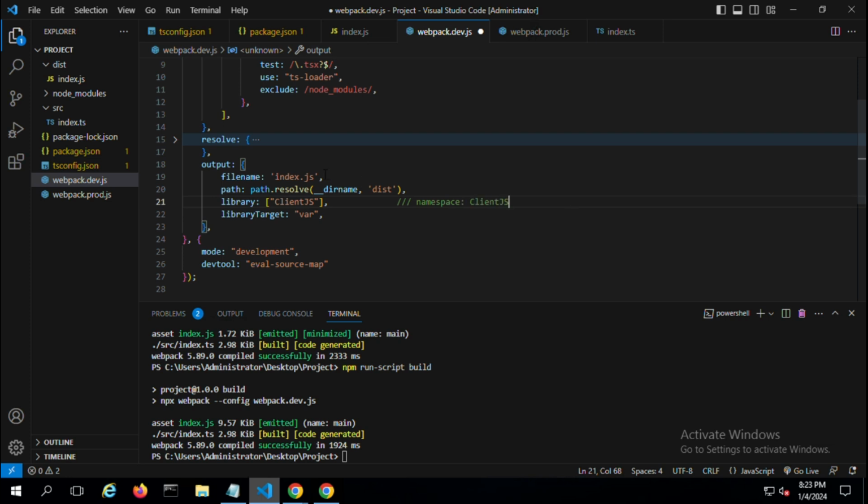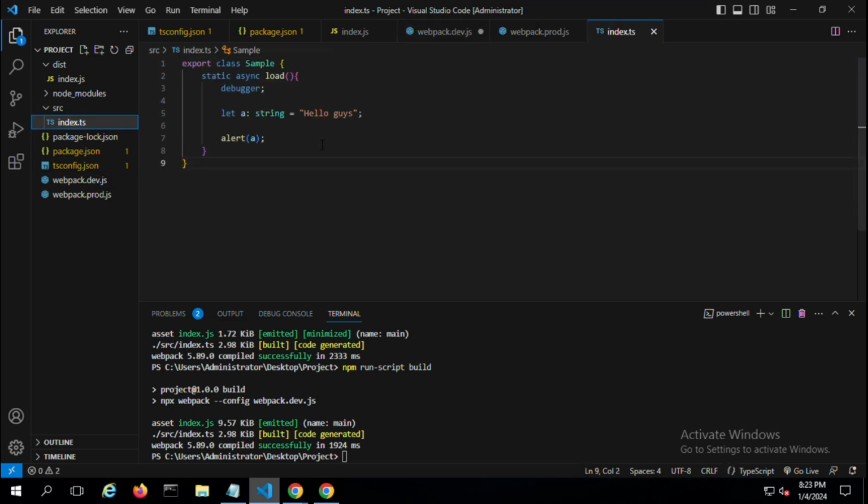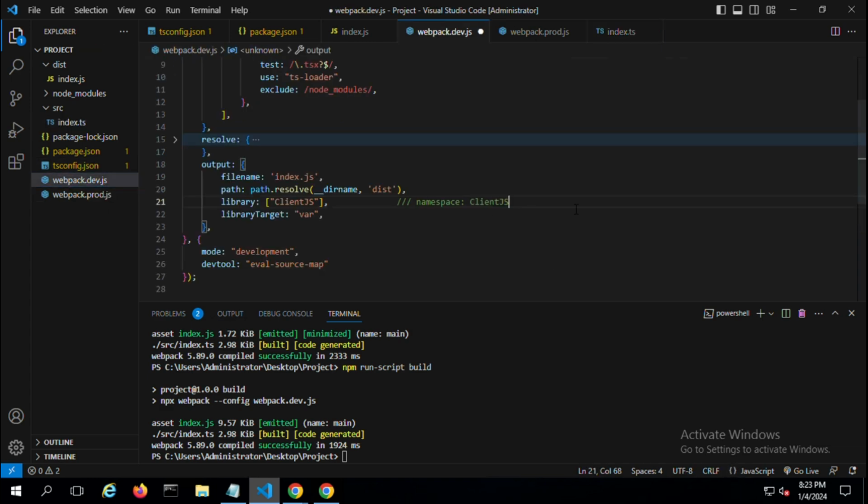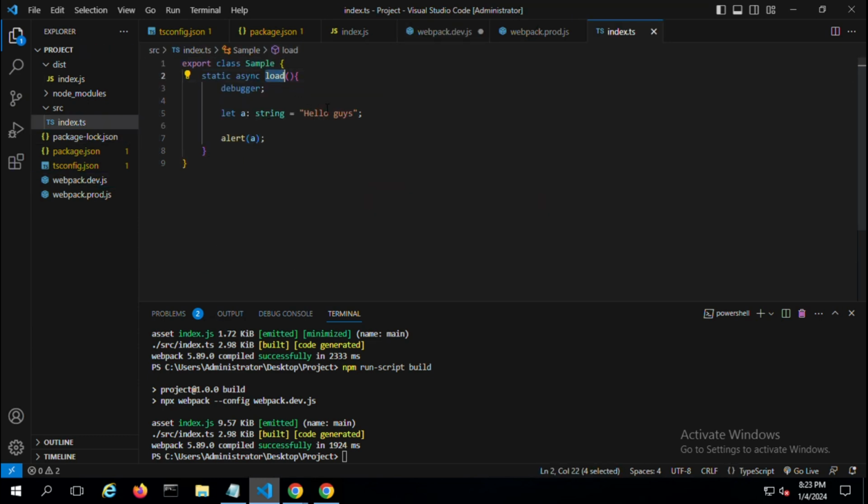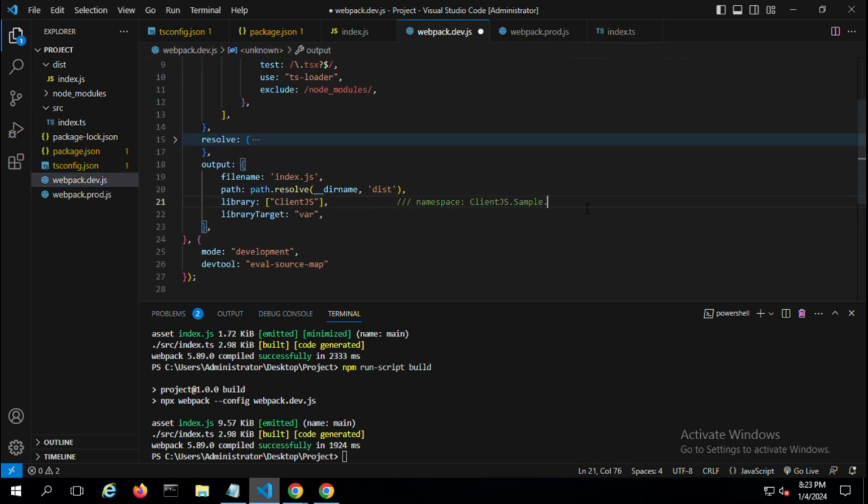Then I go with the index.ts file and choose the class name, and say, okay, this is it. And again, I go with the function load. It seems like I am calling the method load by calling its class in the namespace of client.js, right? So it is the fully qualified name of the method, and it is exactly the same way as in